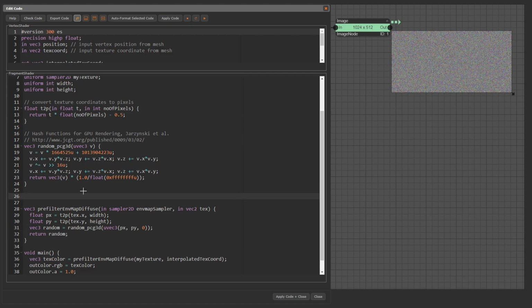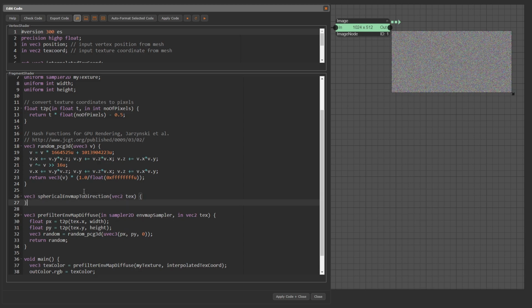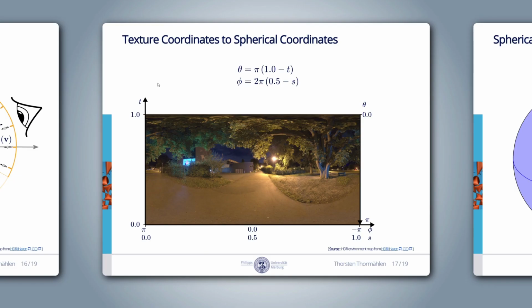To this end, we create a new helper function that we call vec3 spherical_env_map_to_direction(vec2 tex). To compute the normal direction, we first have to map the texture coordinates of the environment map to spherical coordinates. When the t-coordinate of the texture goes from 0 to 1, the polar angle theta goes from pi to 0.